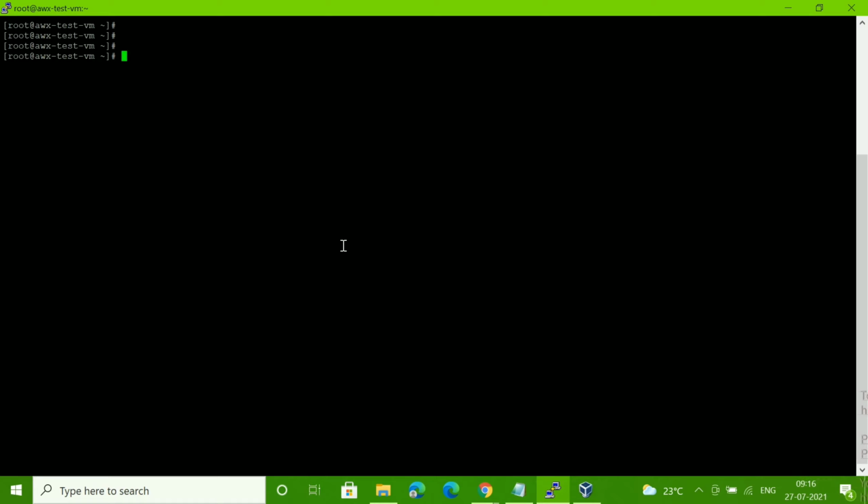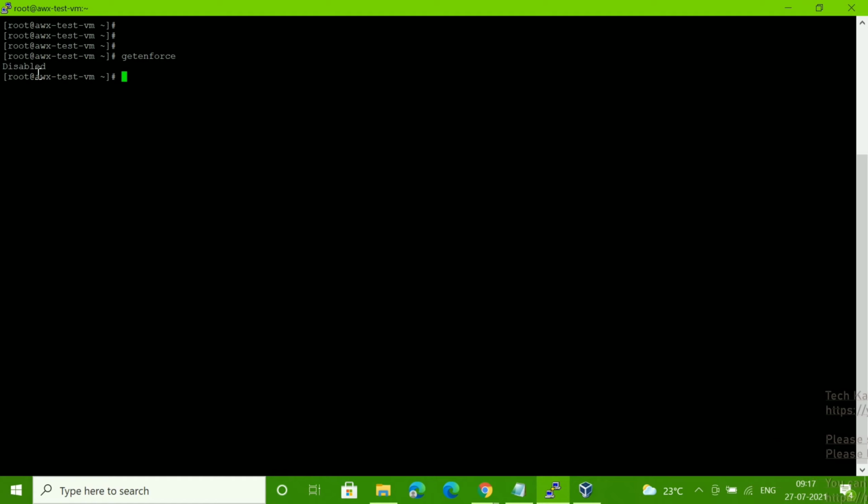Then we will start here. What we have to do first is check whether SELinux is disabled or not. If it's not disabled, then we have to disable it. You can see in my case it's disabled, because I already disabled it.